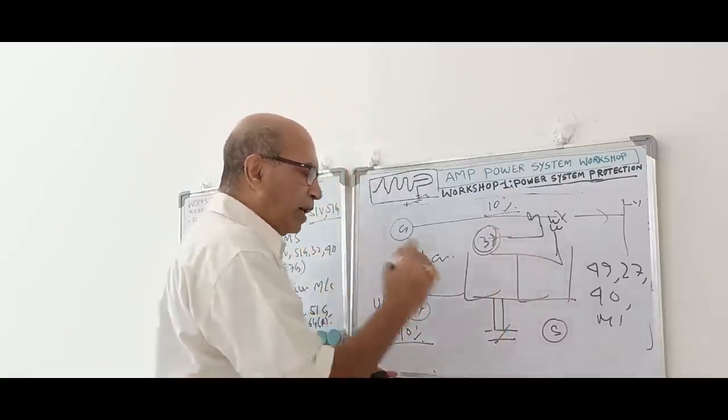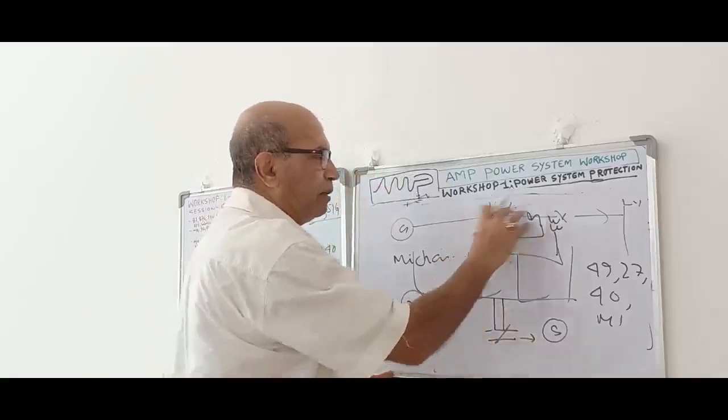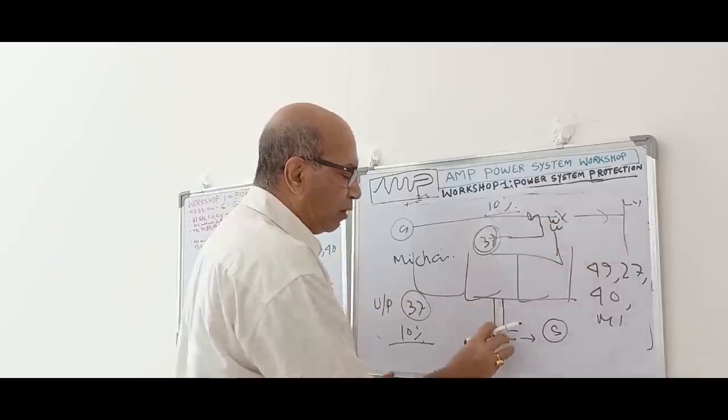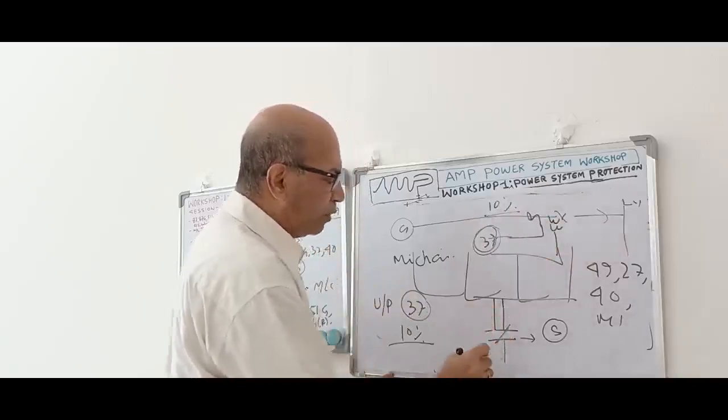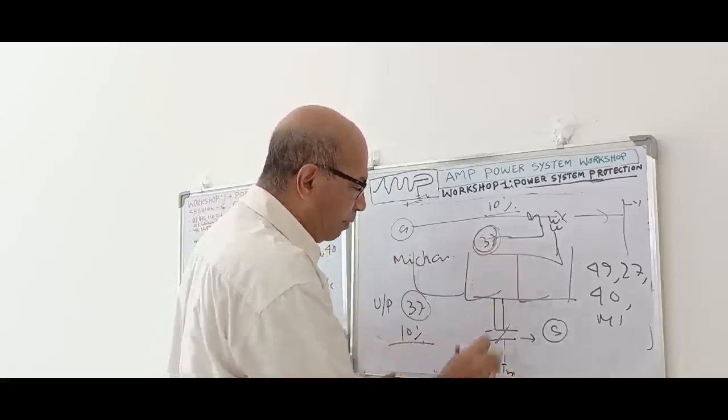Okay, but when it is energized, it becomes NO. So it is NO in normal condition. When this relay is picked up, power is more than 10%, the relay is picked up, this contact is NC, and then it is going to the trip command. Okay, so when any one of them operates, immediately it will go.